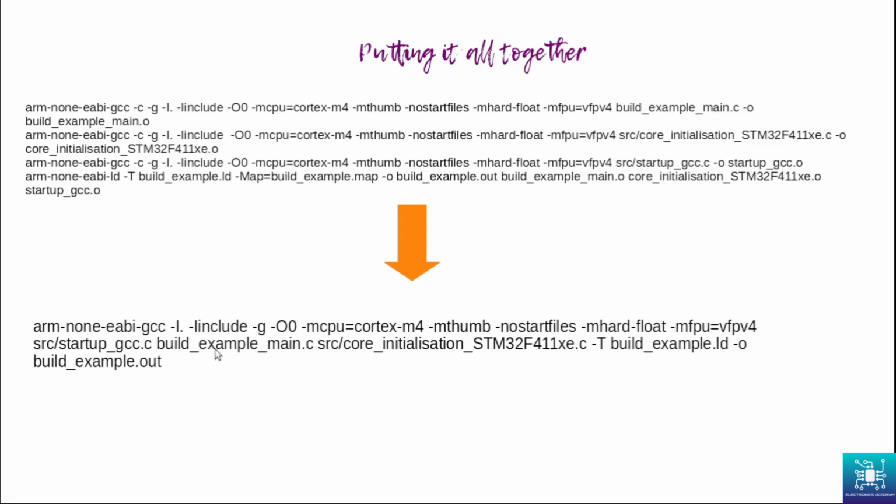Now you will see that we have not used many intermediate file names here. For example, build/example, main.o and core initialization, stm32f411xe.o. All these intermediate file names have not been used in this command, but they are internally generated, and it